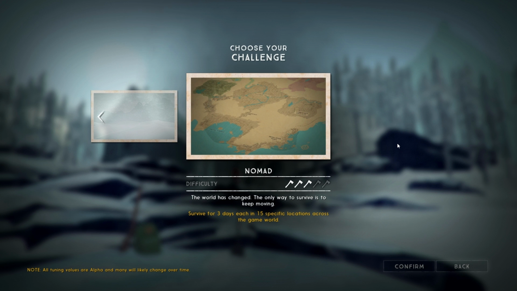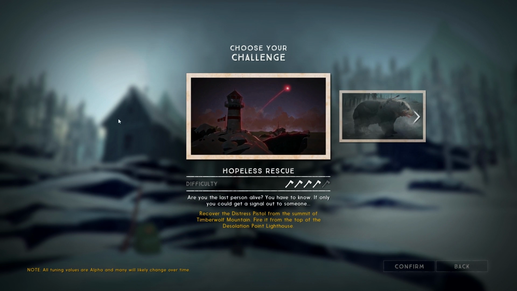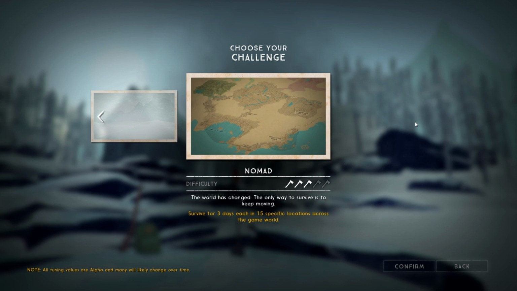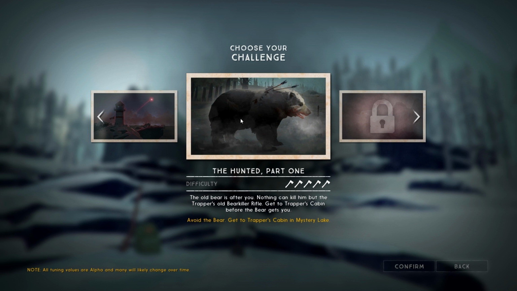The world has changed. The only way to survive is to keep moving. 3 days and 15 locations across the game world. So you just gotta survive for 3 days at different spots in the game world. Okay, I may go for a little warm up here. I'm not really sure what I feel like doing, but I'm thinking we'll save the Hunted,